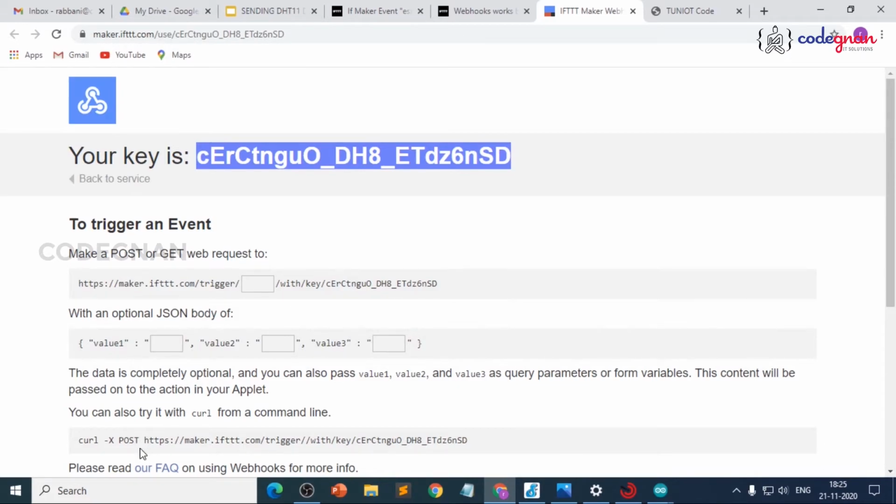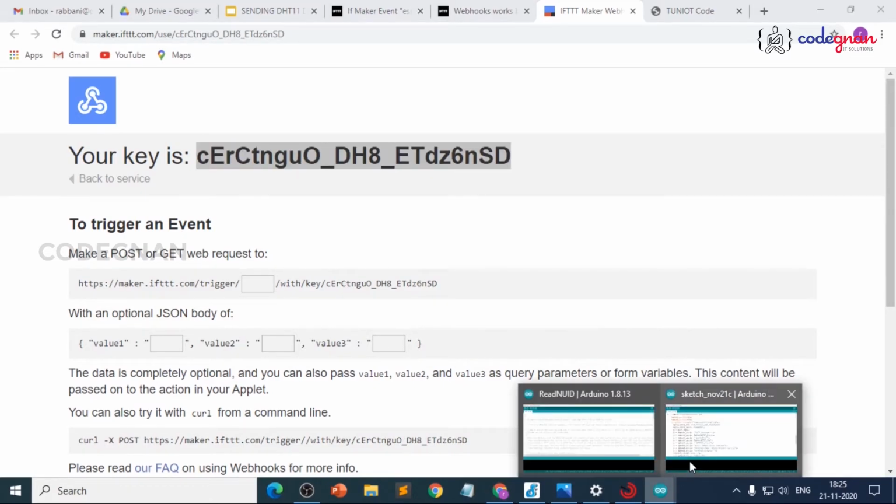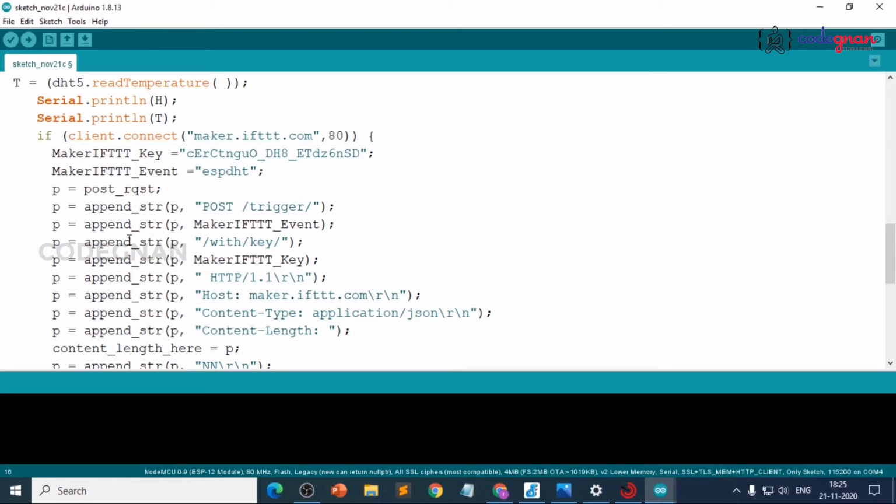See, post https slash slash maker.ifttt.com trigger with key here. The same way, we need to arrange the sentences in the format of a string, the same thing which we have done here. Append string, append means adding the string here. So makers event with the key, the maker IFTTT key here is copied from here, and